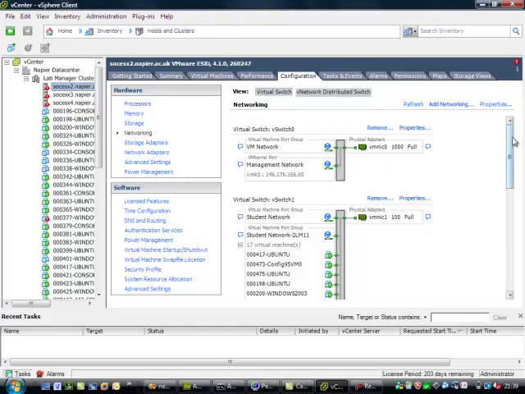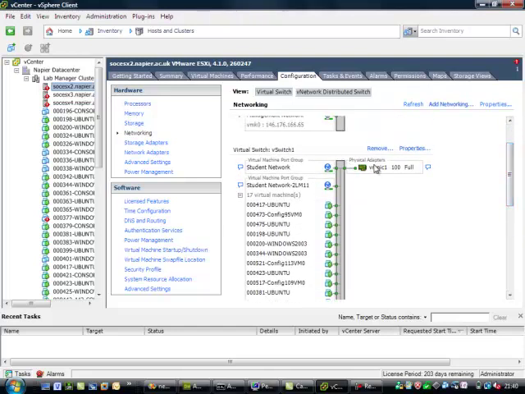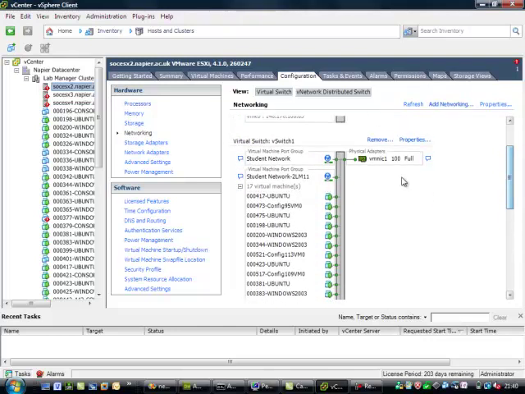So we can see here it is reflected through that we have our main management network here, and here is the internal part of the network. This is the inside network. So we can see that student network here and student networks